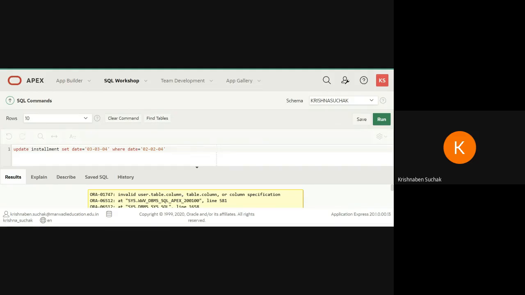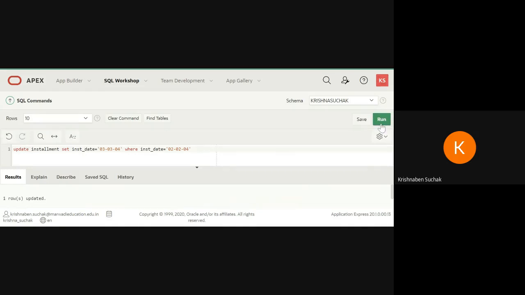Let me check my installment table. INST date, I need to write, because date is one kind of data type here. So I am writing here. I have written installment date. One row updated. Okay.